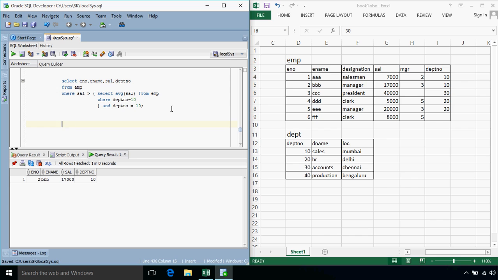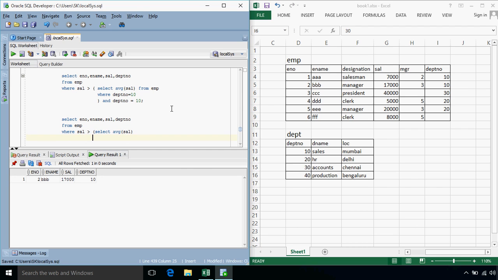So the query for that will be select employee number, employee name, salary and department number from employee where salary is greater than, select average salary from employee